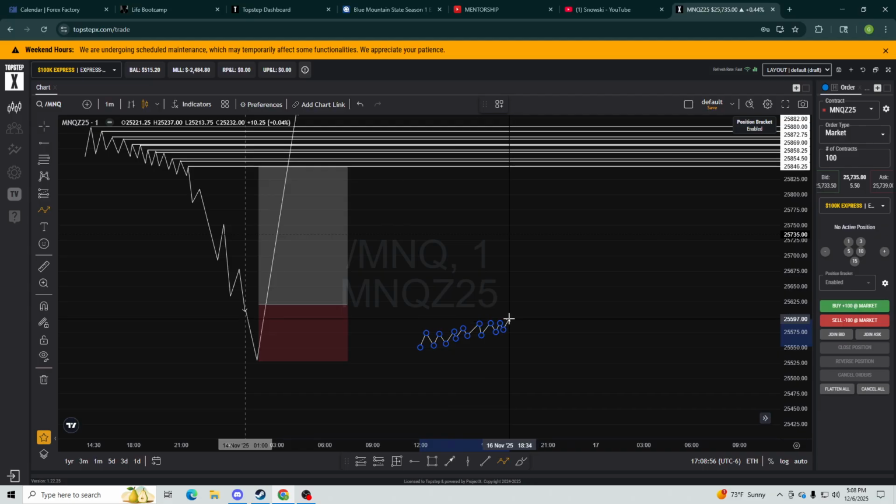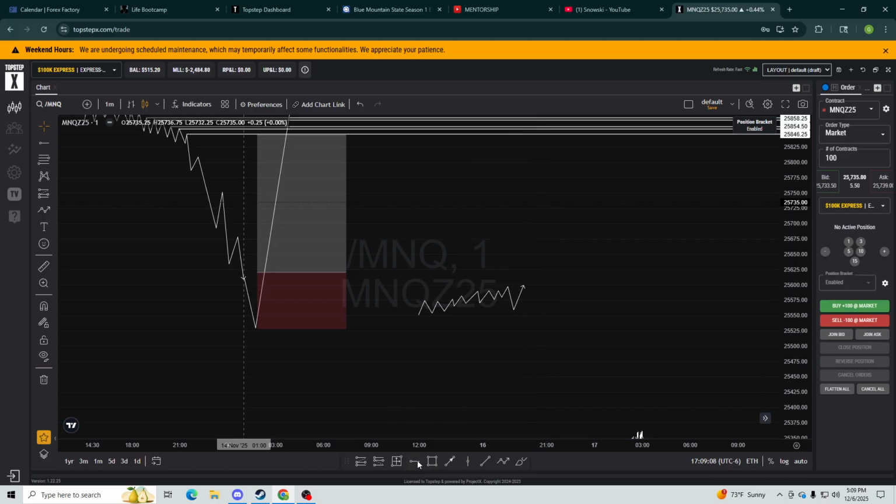Now, something I want to exaggerate here is that any sort of low that comes down and sweeps many lows, these prior lows are no longer considered. This liquidity has been swept. The liquidity is absorbed. It is no longer there. It is gone. So we can consider this low and this prior low and this low. So this is still relative equal lows, and I would still consider this smooth price action, but